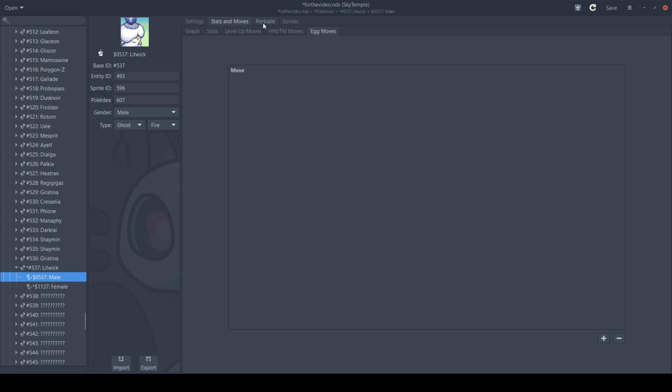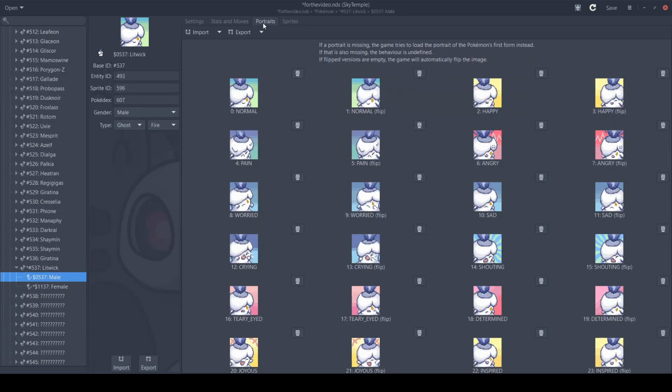And now we are finally going to put those SpriteBot downloads to good use. First, in portraits, it's really pretty simple. Just click import, and then you have import from one sheet SpriteBot format. And yeah, that's really it. If you download the completed SpriteBot sheet, or even if it's not complete, just as long as you don't edit it, it will be able to put these